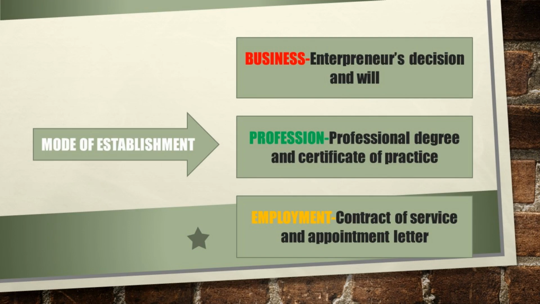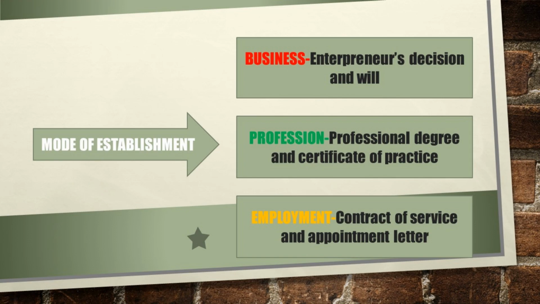Now, to understand the difference properly, let's discuss the points of differentiation one by one. So, the first point of differentiation is mode of establishment. Business can be established merely by an entrepreneur's decision or will to start an enterprise and after completion of certain legal formalities. For example, for starting a factory, the very first requirement is conception of an idea in the mind